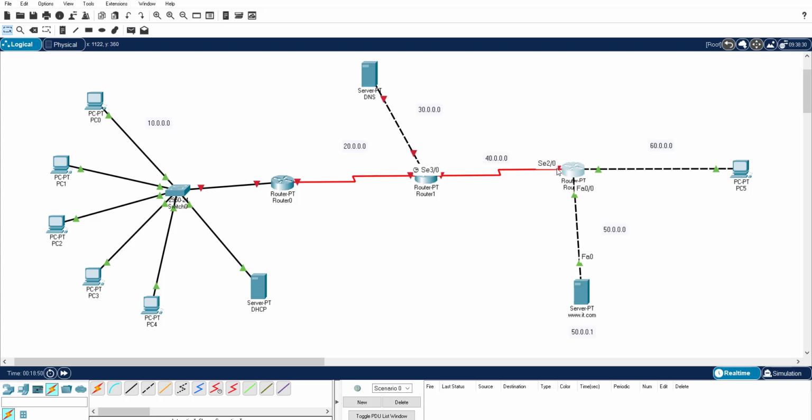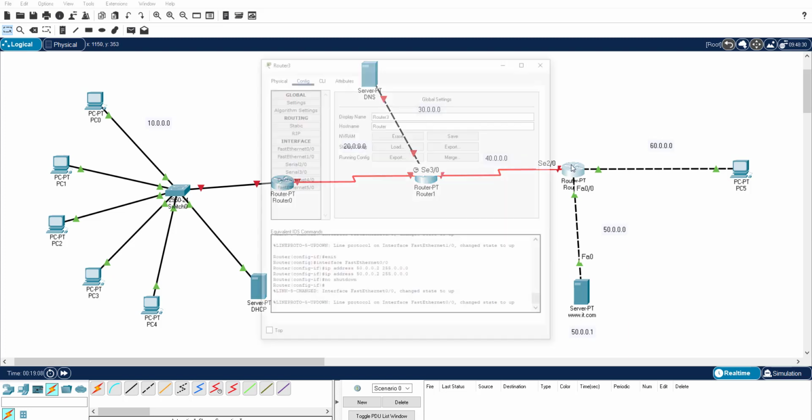You can see here, this is serial 2x0, and here you can see 3x0 with clock rate. So wherever the clock rate is available, you have to fix a clock rate. Default clock rate, I'm going to take 64,000 as the default clock rate I'm going to fix for my topology diagram.